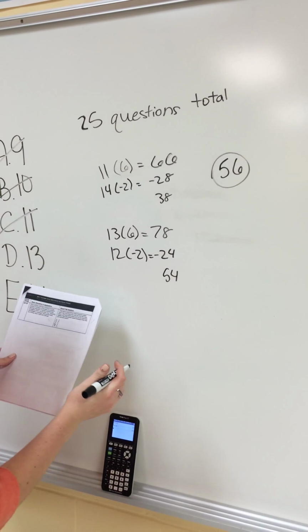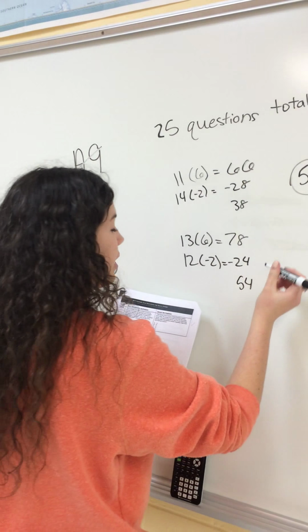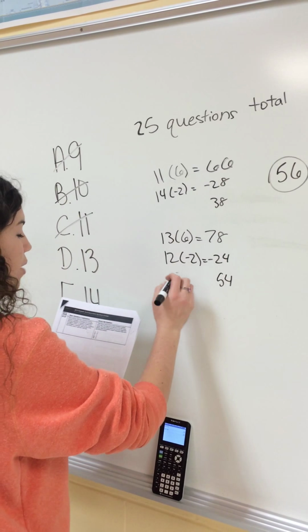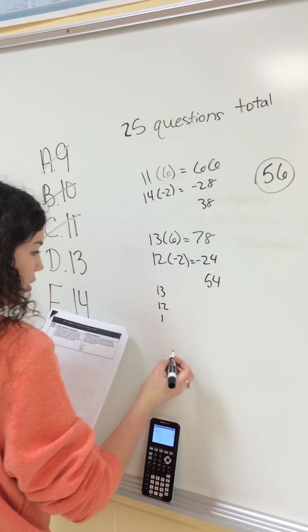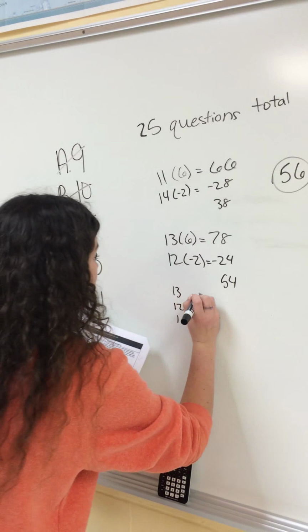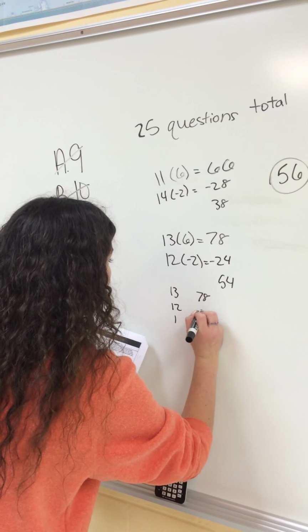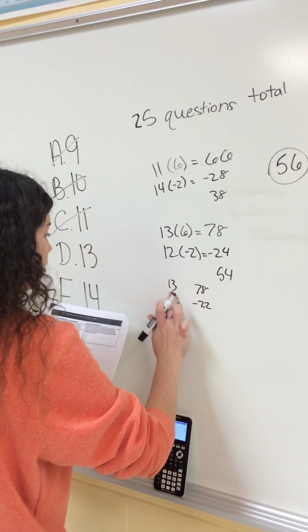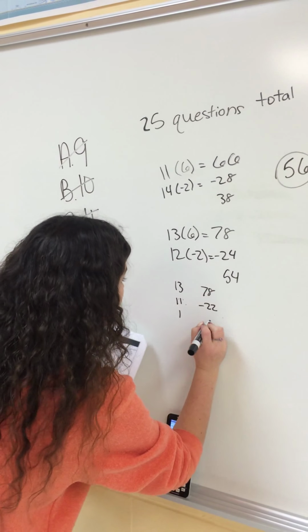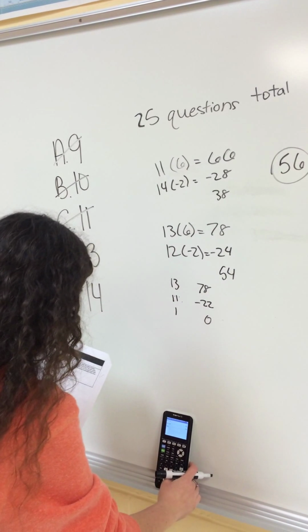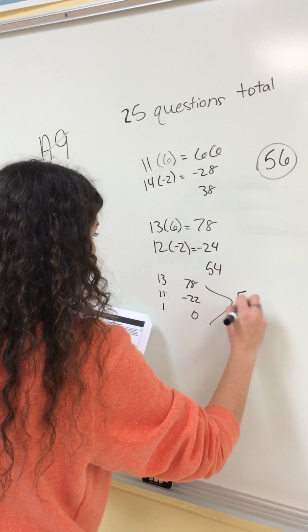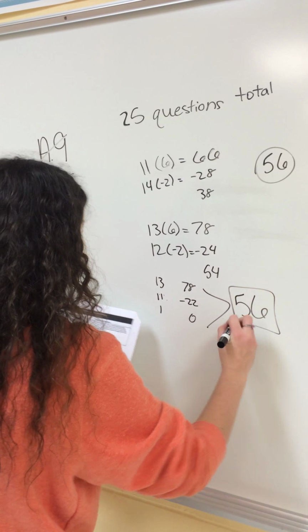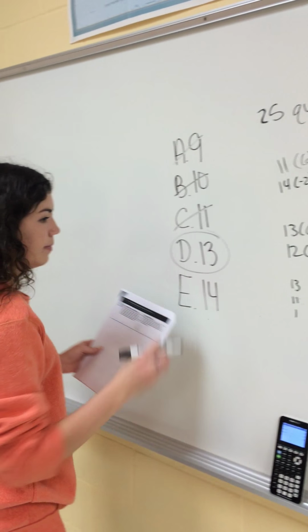And so if you take into account that for each unanswered question you get 0 points, if we take out one of these and say she got 13 right, 12 wrong, and 1 unanswered, then that would mean that she got 78 points here, -22 points here, and 0 points here. Meaning that 78 minus 22 is 56. This is why I took it off, because ordinarily